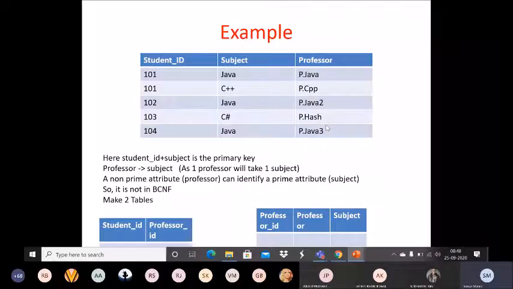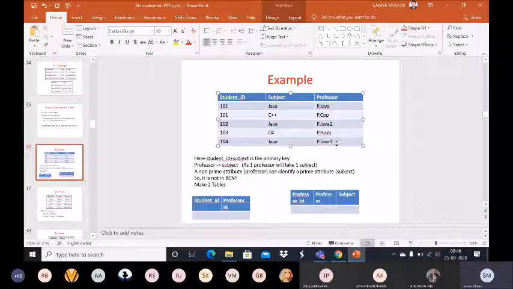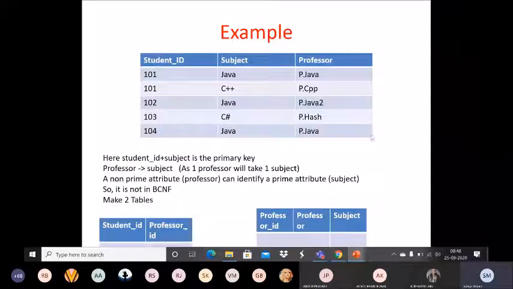Okay, sorry, so it is fine. Because I have checked each and everything. Yeah, it can be Professor Java, because the student ID is different here. So it is my mistake. Each and everything is right here. It shouldn't be Java 3, because here we have shown you the difference.